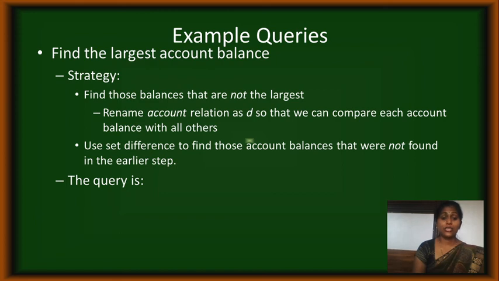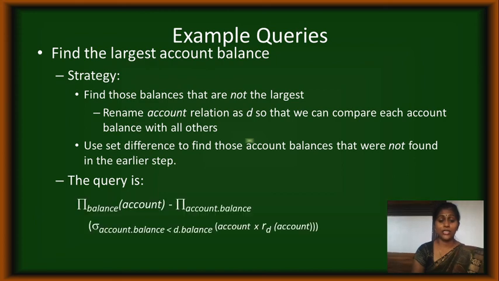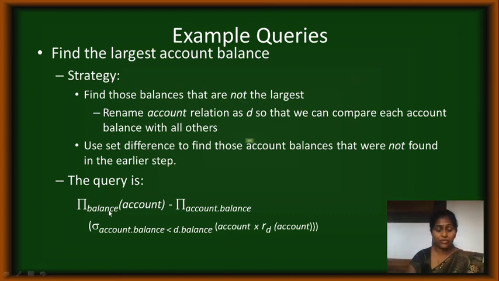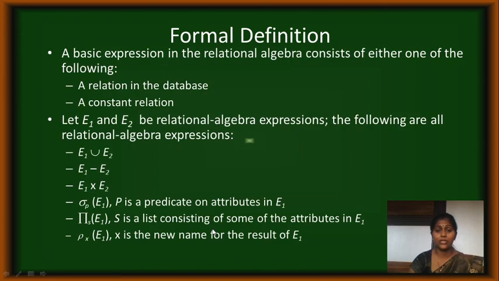Okay, so such a query is nothing but, you have to find the balance of the account, then account balance, I am going to be comparing whether the balance is less than the next one. Okay, whatever first element I have retrieved must be compared with the next one. If it is greater, then it keeps it here, and then again, if it is less, then it keeps this one only, and the lesser will be reduced. In such a way I can retrieve the largest.